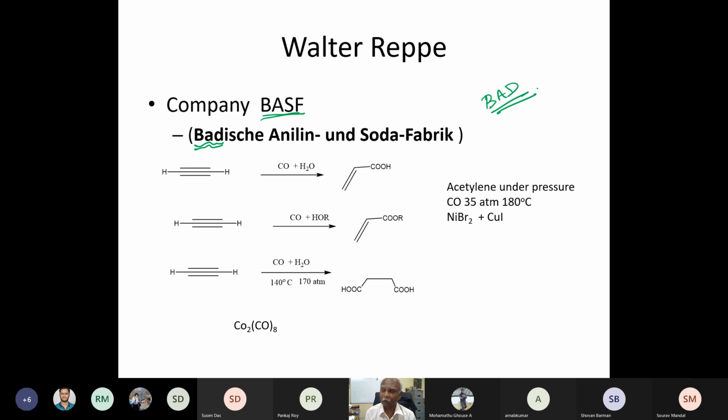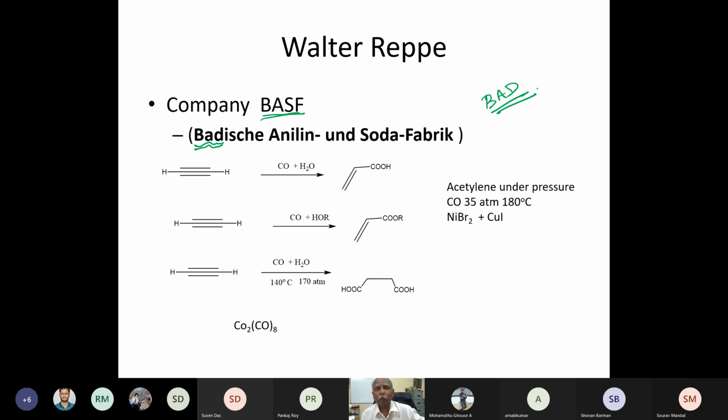Okay, nickel and copper as a smaller amount, and it's not very clear how copper helps. Many chemicals can do it. Cobalt dicarbonyl, dicobalt octacarbonyl can also do it, as I have pictured on the slide here. So variations of this lead to different products, and you would have to separate them. As you can see, there can be side reactions.